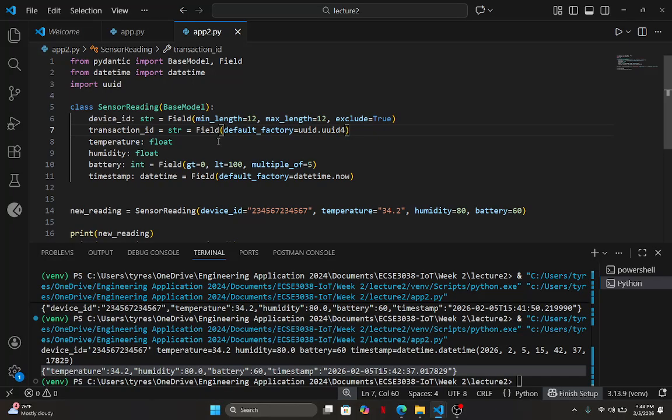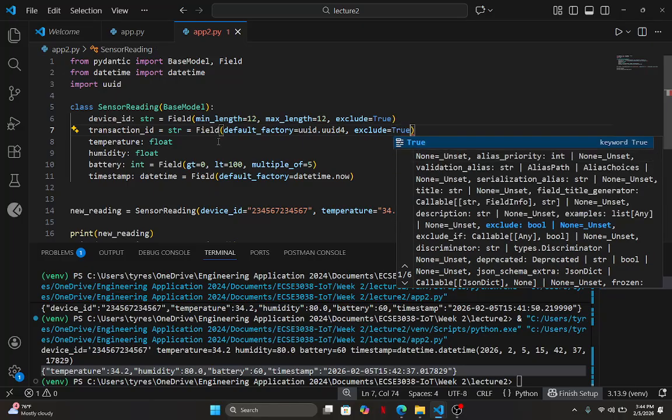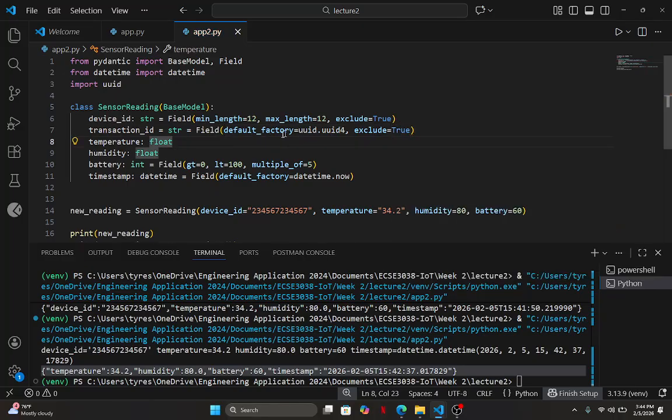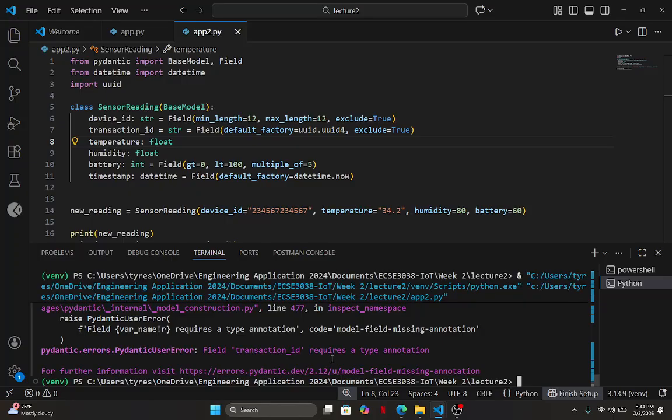So a transaction ID is probably something that is required for internal use. It is how maybe somebody on the inside would reference a value in the database. So if they know the transaction ID, they can go in the database and find the record they're looking for. But you don't want any old person outside of your organization to know the transaction ID. It still needs to exist though. So because it still needs to exist, you can put an exclude on it, so that when you're returning the object back to the client that made the request, it doesn't come back in the object.